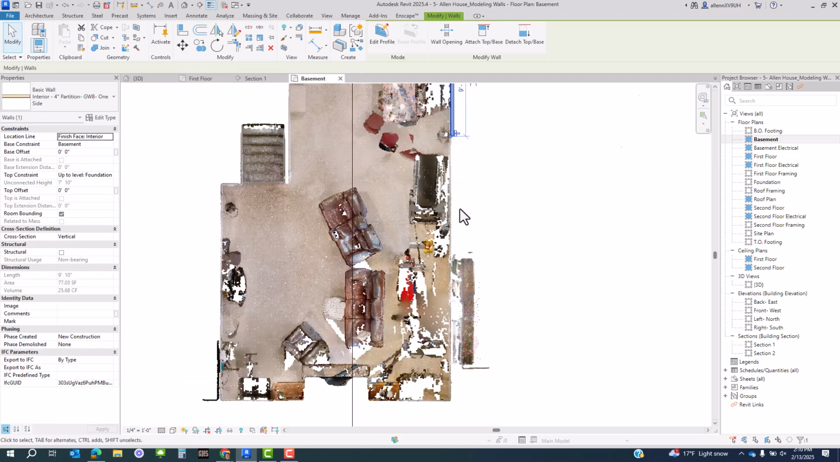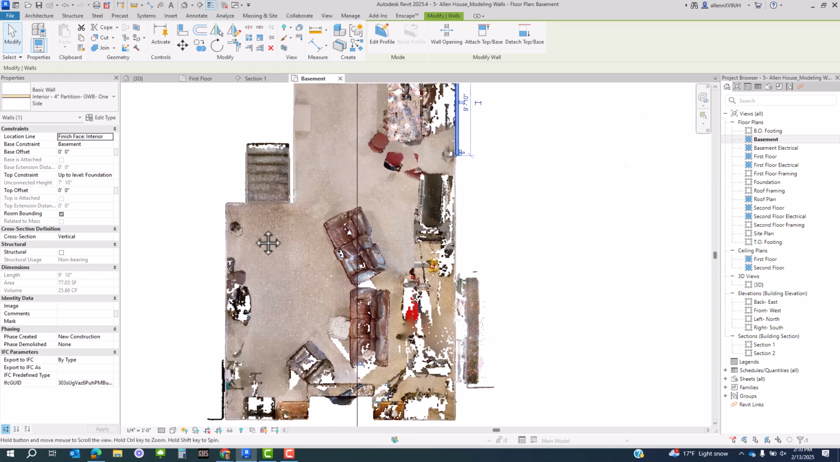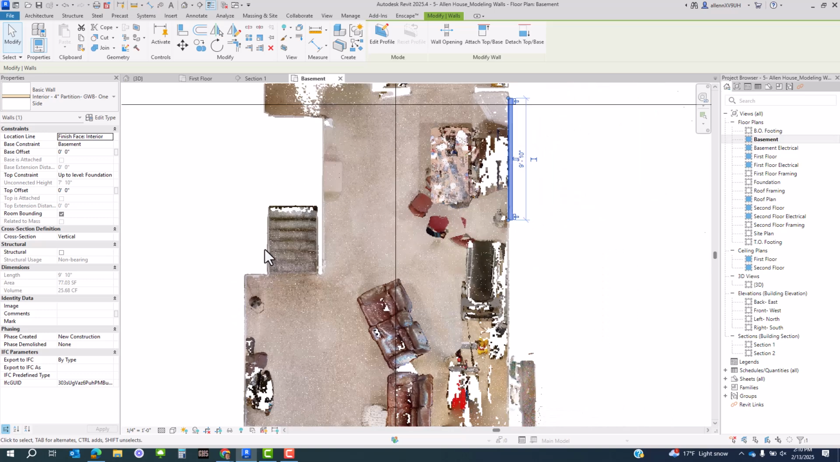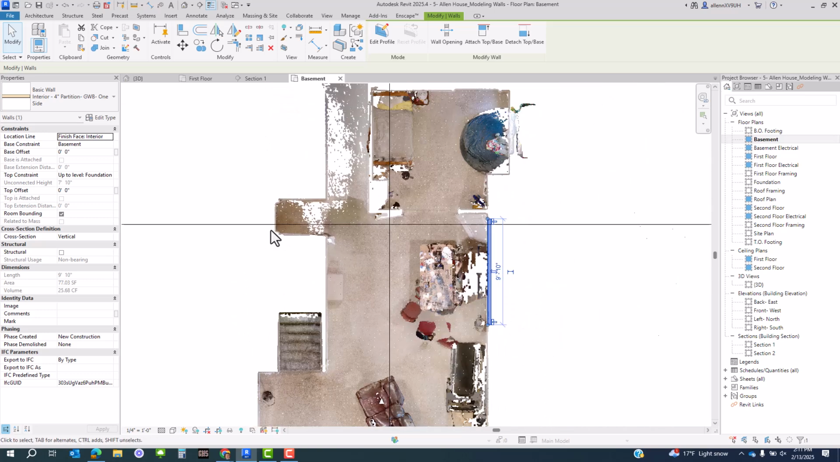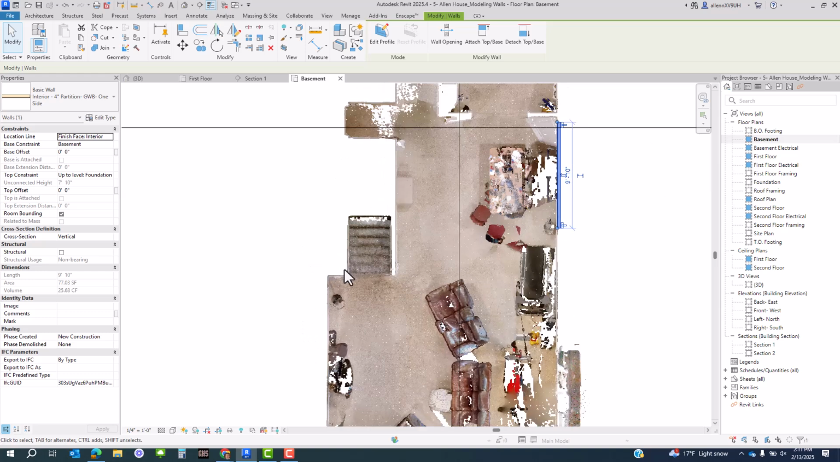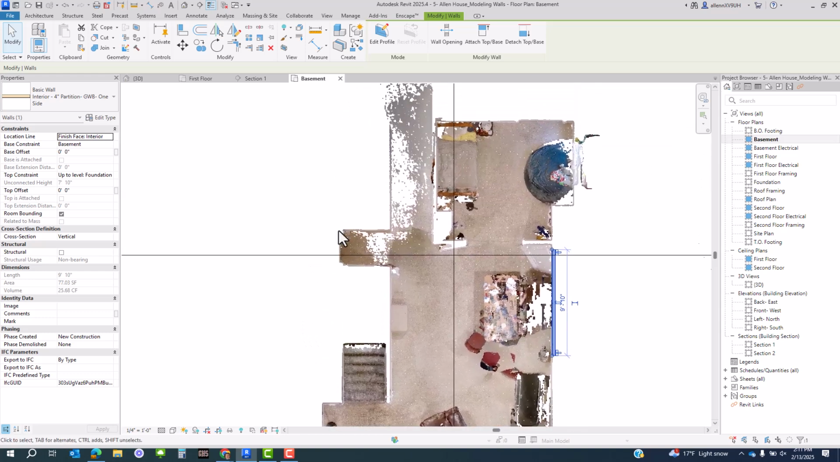Just run all the way around. Here, here, here. You kind of want to stop. This wall is going to turn this way and then run that direction. And this spot, I believe, is my mechanical room. So again, the wall will come here, here, run across, and you'll change the wall type here so that